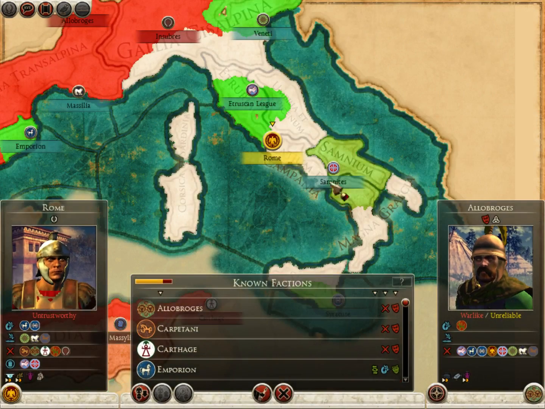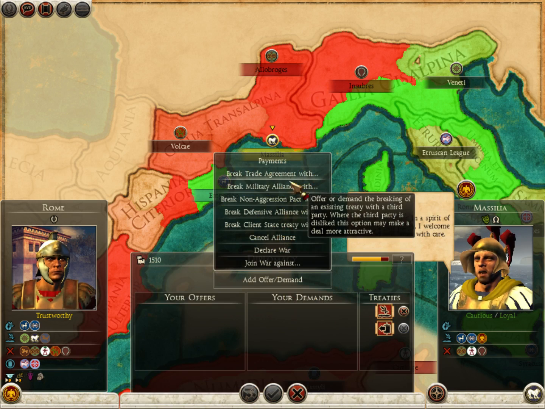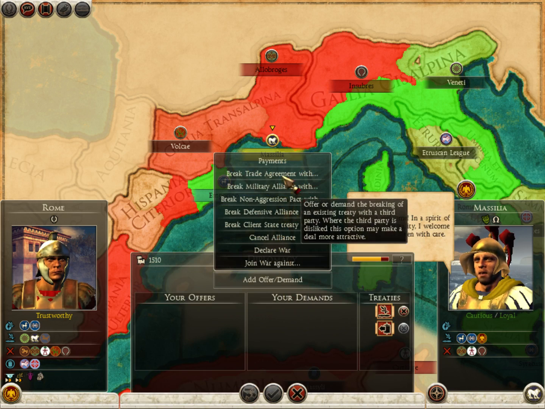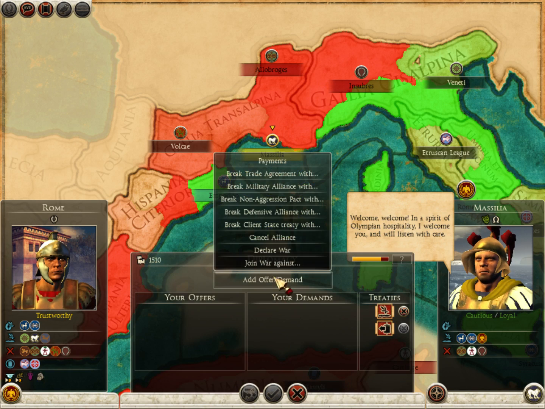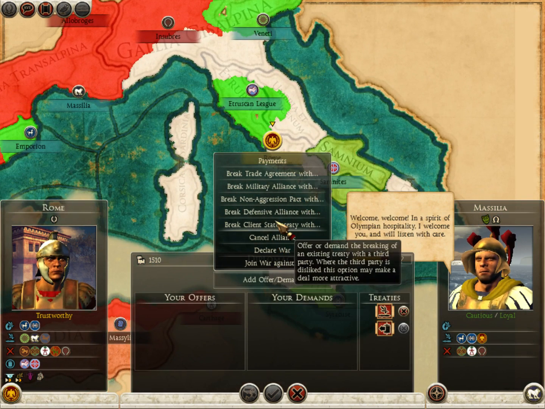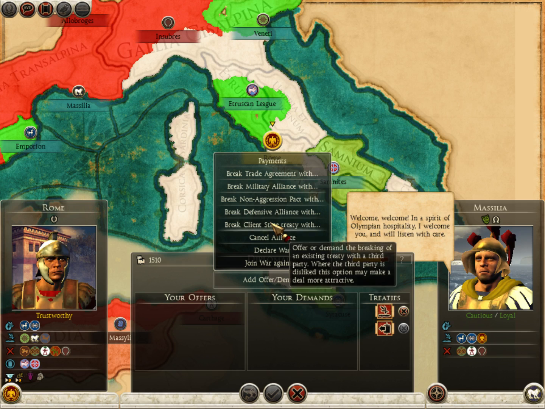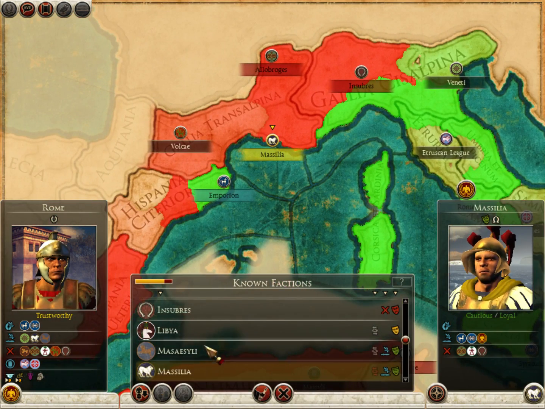But what I'm actually going to do is say, you guys, no wait, you guys. I want to give you payments. You're a military alliance, you're at war with Carthage. Well, that's...